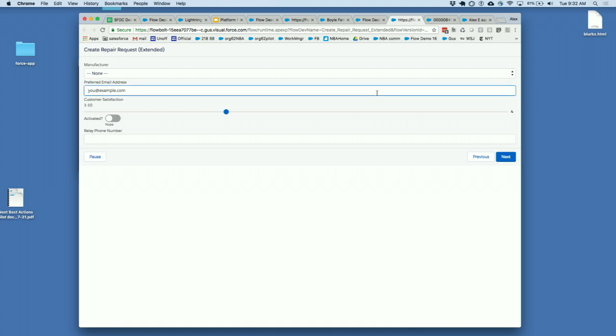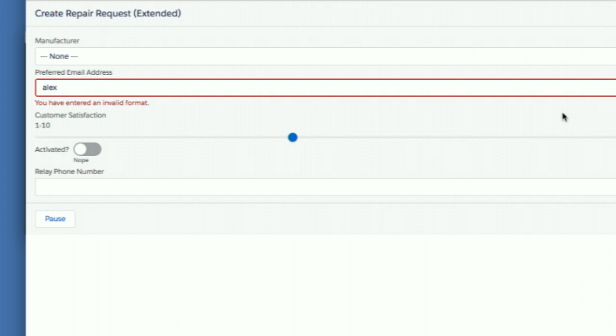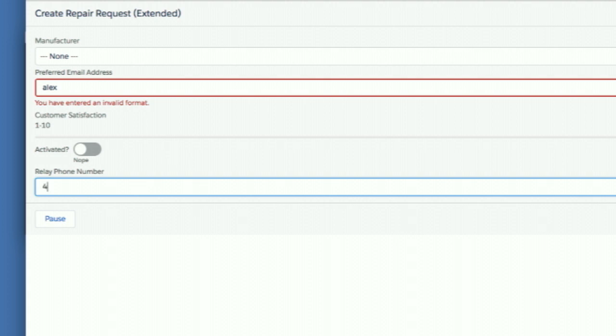I've got here an email component that's going to validate and make sure that I type in an actual email. I've got a slider component here that I can set to a default value. I can set the minimum and maximum ranges. I've got a phone number here, and that's going to have validation as well. And in a few minutes, I'll talk a little more about some of the validation services that we're now making